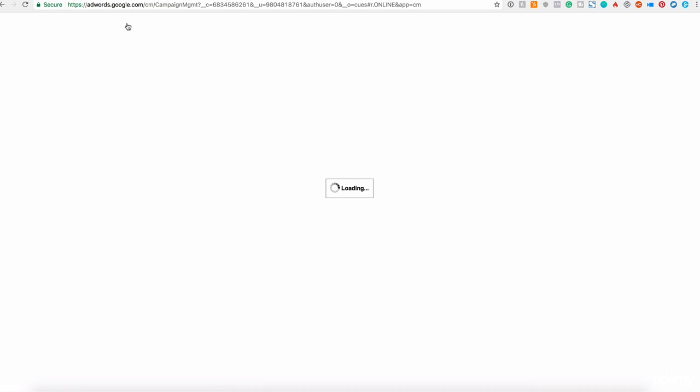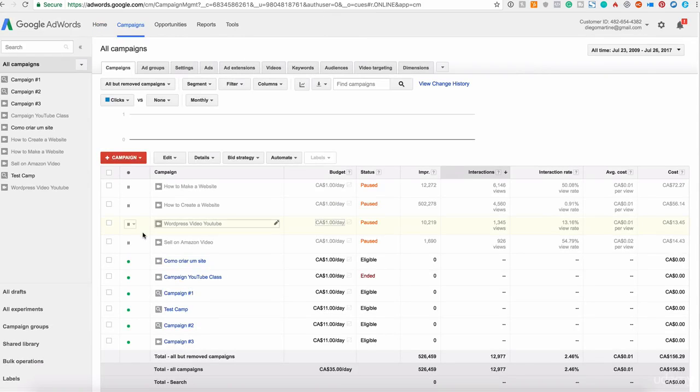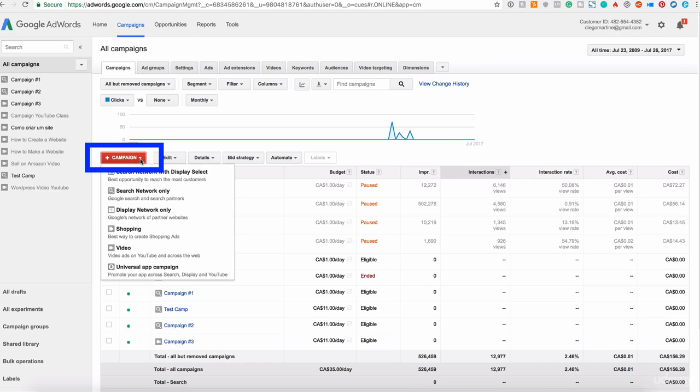And now we are going to the campaigns dashboard where we can see all the activity, all the information, the existing campaigns that we have. If you have a new account, probably you will have only one campaign running here, or maybe a campaign that you paused. Okay, so right now we are in the campaigns menu, and we also select on the tabs here the campaign tab, which is the first one, and now we have the red button saying, hey, plus campaign, create a new campaign.